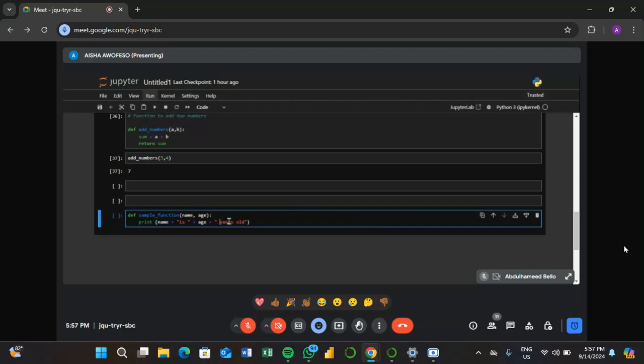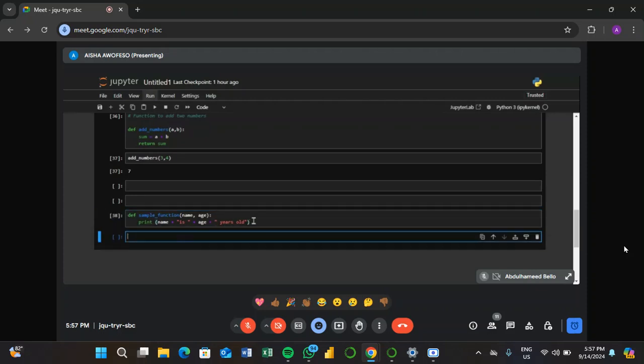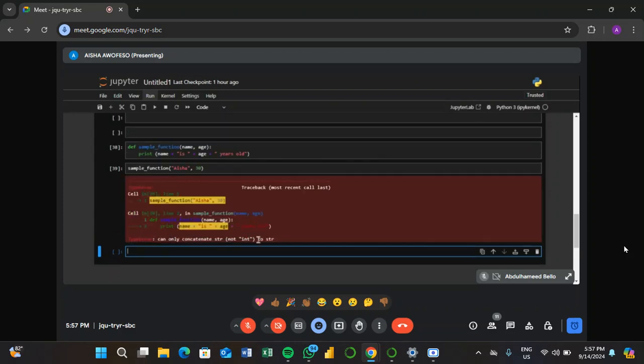Let's put a space here. I want you to return this. Then when I'm calling this function, sample function, I'm going to pass in the name I want, comma, any age I want, something like this. And then it will print,